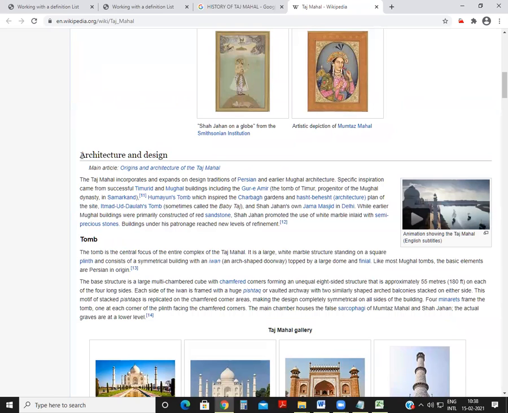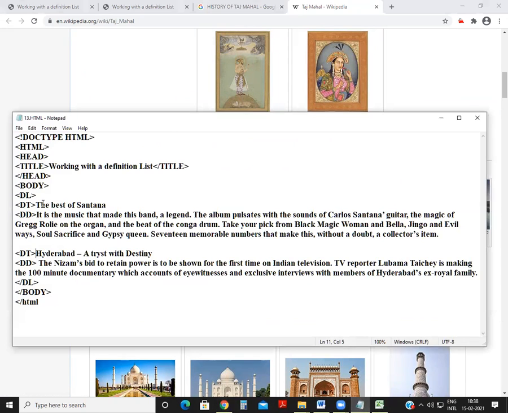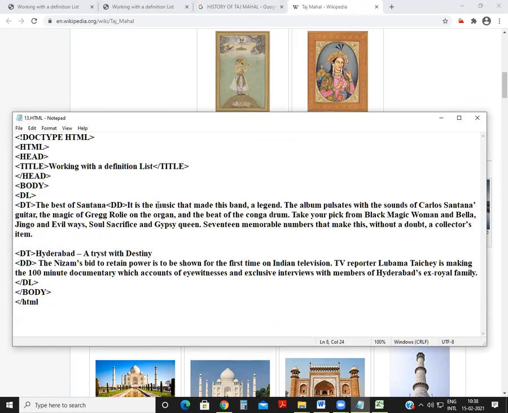I want to write this as a title, so I will copy this. At the place of this, you can type the same thing.